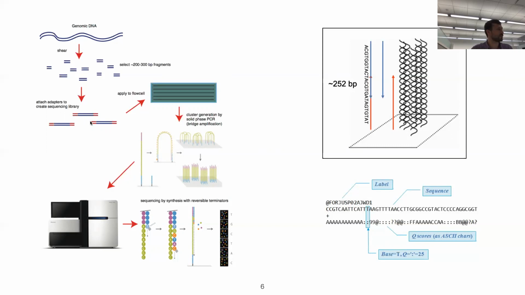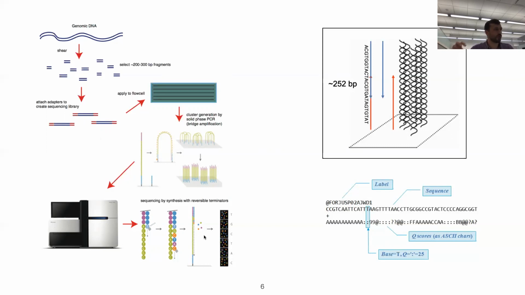So this is an example of a library of paired-end reads. And then those are sequenced, and there are several intermediate steps, like, for example, PCR amplification, adapters, and things like that. And so in the end, when this prepared material is put inside the sequencer